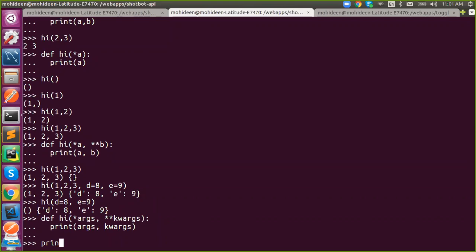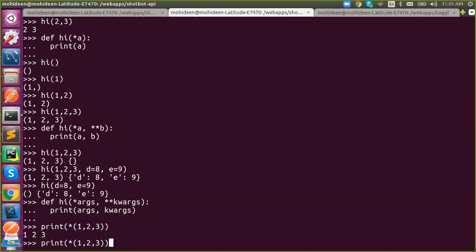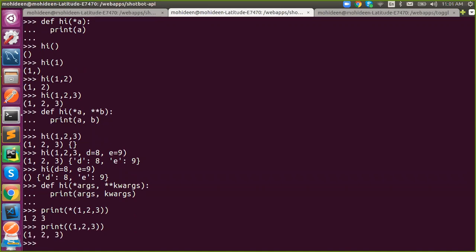Got my point? So if I say print star the same 1 2 3, it prints 1 2 3 like that. Or the other way, if I don't use it, this will print the exact tuple. Understand? Got it?